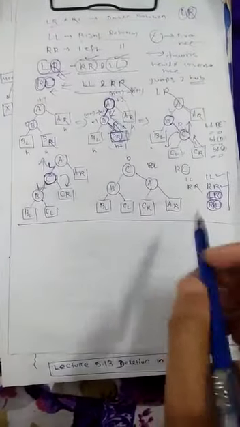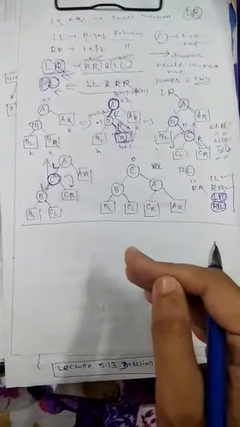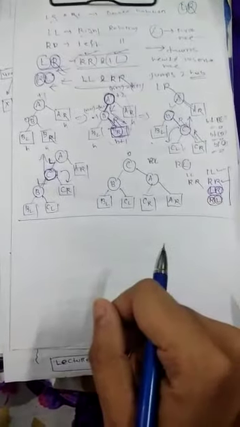So we have to discuss the different types of rotation like LL, RR, LR and RL rotation. Next, we have to discuss how to create an AVL tree, or insertion in an AVL tree, using these rotations. Okay, so generally, we have to follow two rules whenever we create an AVL tree.